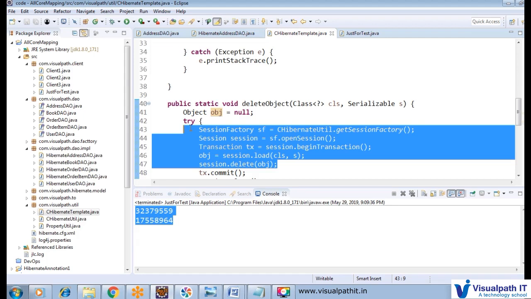So right now we are trying to deal with the object. That's the reason the ORM tool provides a complete feature to map our complete object to the database. So mapping is very easy. We need not worry about which particular cell we want to delete or what we have to delete. We will create that object. That one object has the information related to one row, and we will delete it